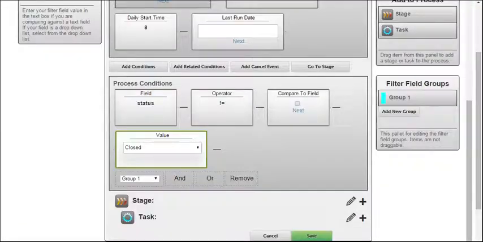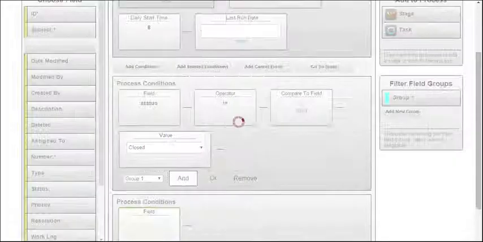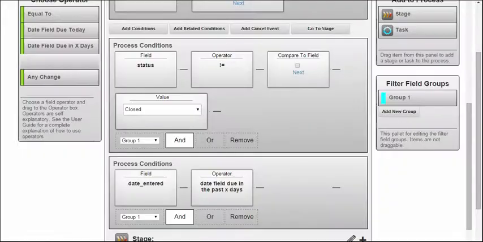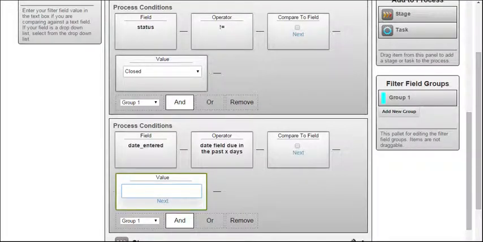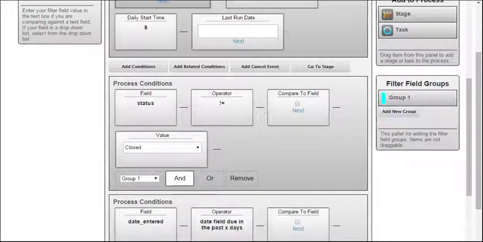Well, simply we just click on the AND button here and we want to add another condition. So when is the date created? Process Manager has a real simple operator. The date field was set how many days in the past. So we just go in and put in 1 here. So if it was created yesterday, now the second thing we want to do is we want to say, and